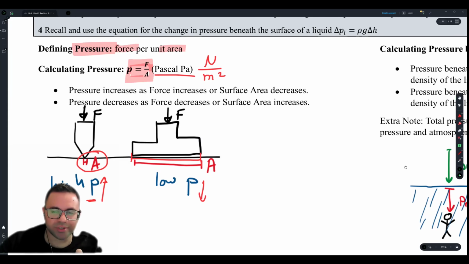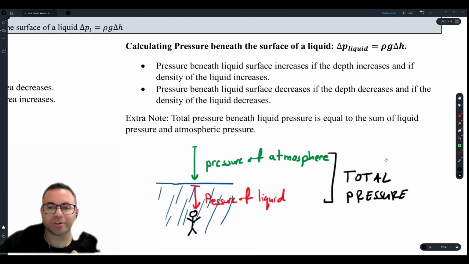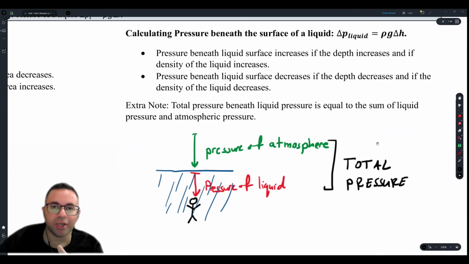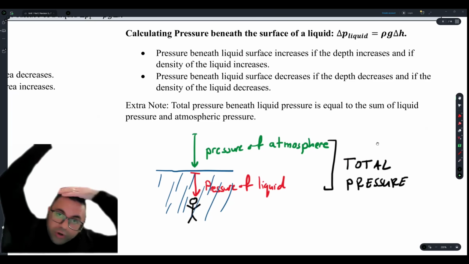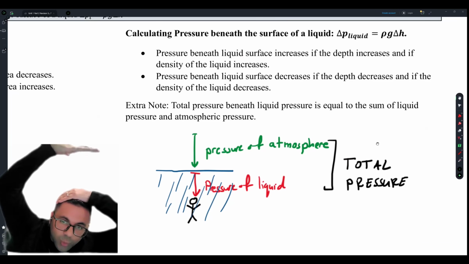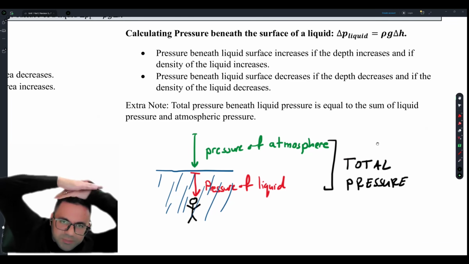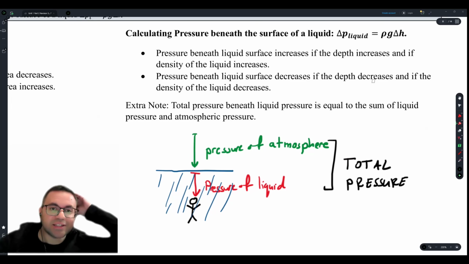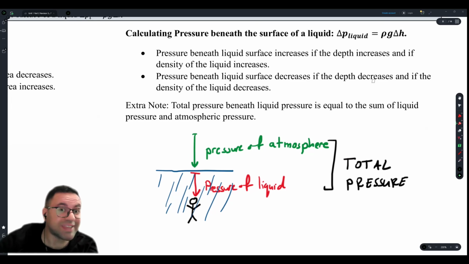This is the general equation for pressure. What if the pressure that we're discussing is the pressure of a liquid or caused by a liquid? When I dive underwater, the water above my head has weight, and the weight of that liquid applies pressure on my head. But the pressure of a liquid is not mostly calculated by force over area. We can, if we measure the force and area, but it's actually calculated using rho g h, where